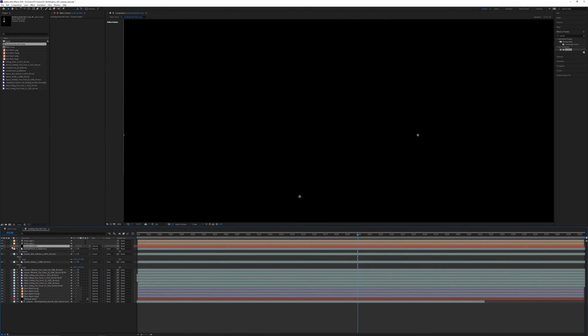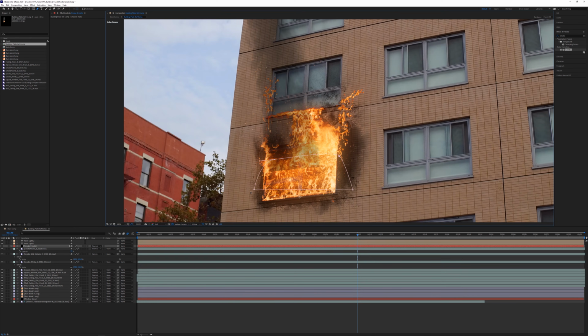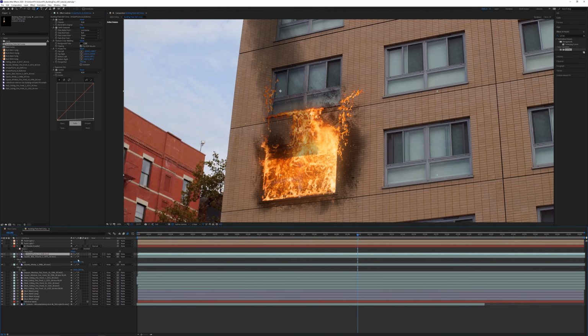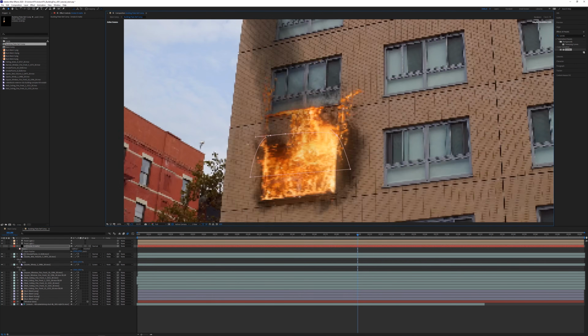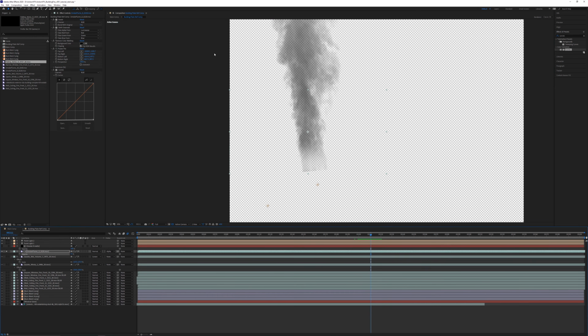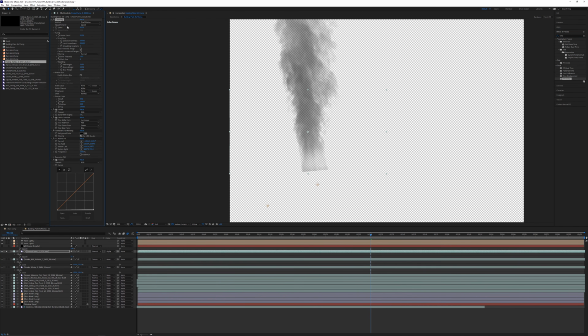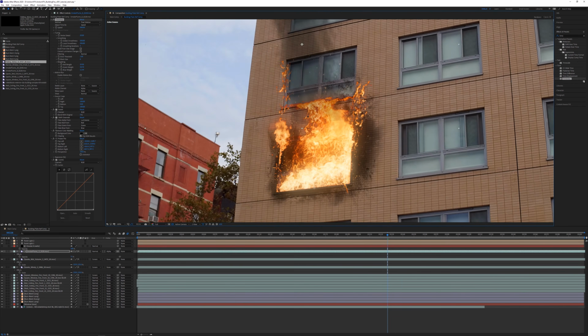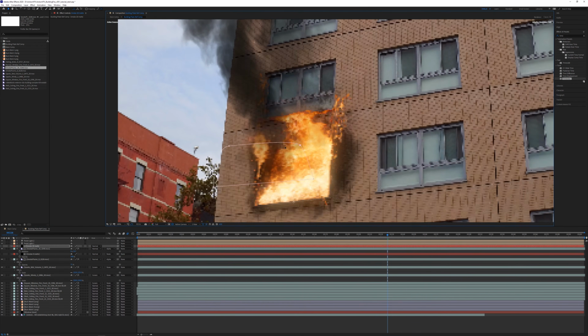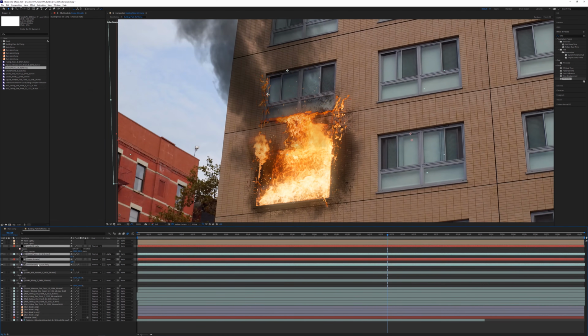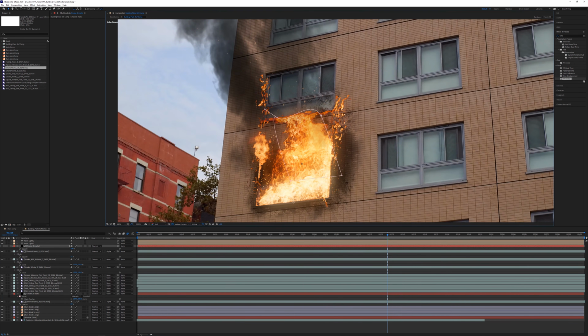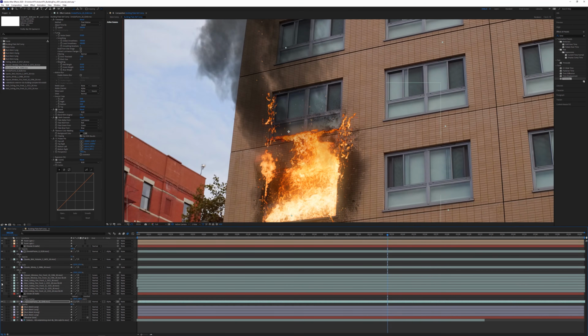So you also want to create a matte and set the track matte of the smoke layer to be alpha, just so we can cut off that hard edge at the bottom. Also, these smoke elements are pretty slow, so we're going to use a Time Warp effect and increase the speed to 300, so it's going to be 3 times faster than the original. But as you're placing the smoke elements, you need to try not to cover a lot of the fire with the smoke, otherwise the fire will appear really dim and it will look a little bit odd.